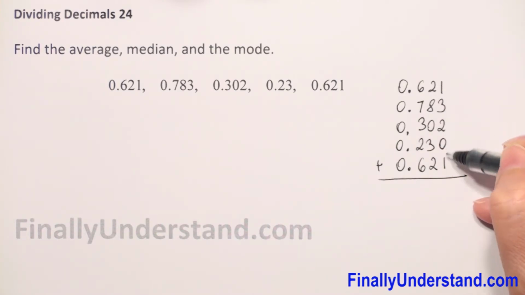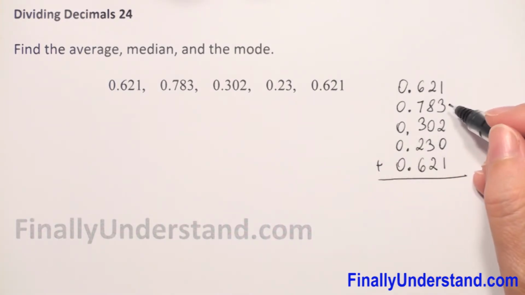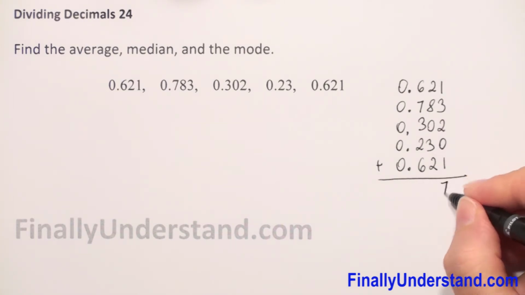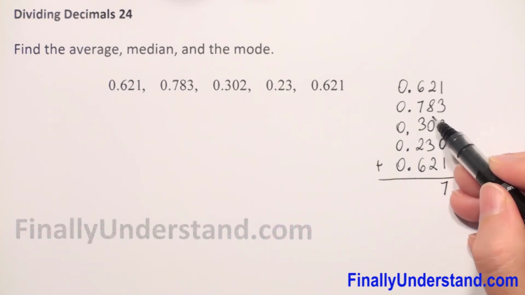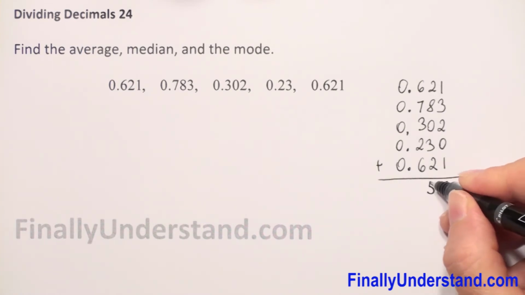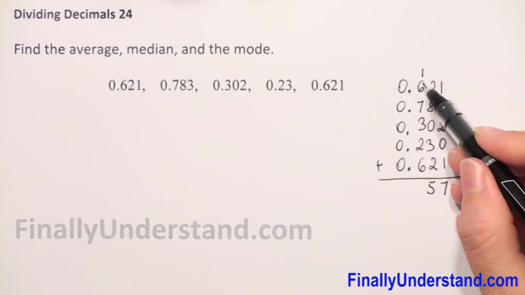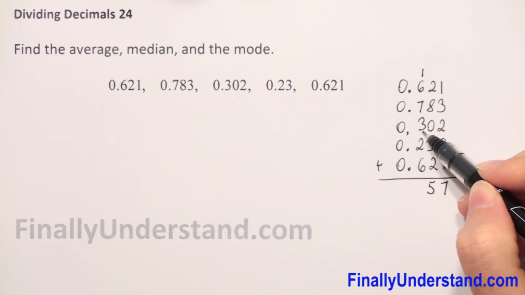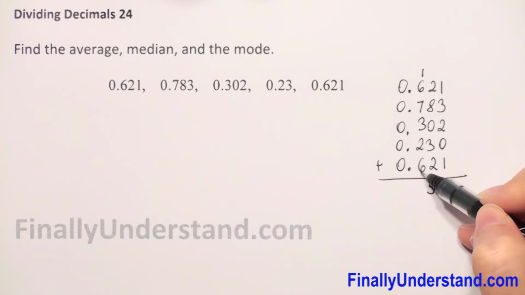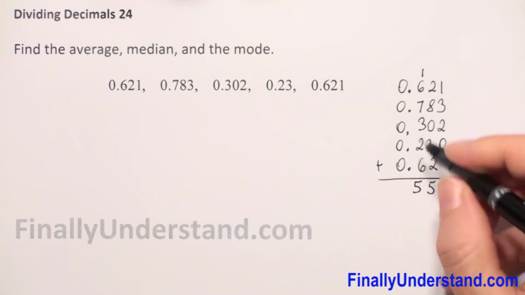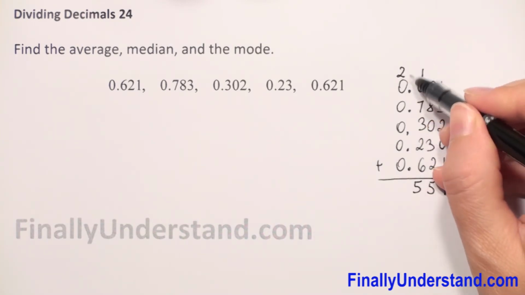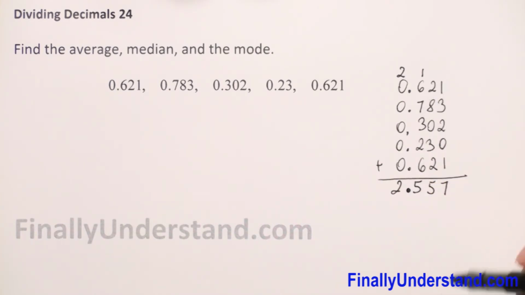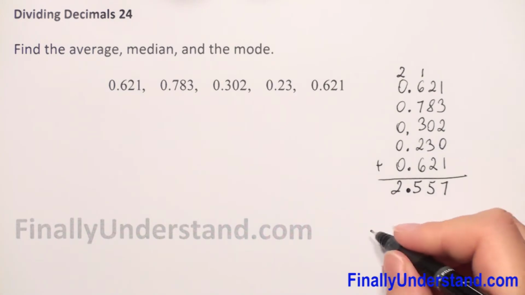So we start from the last column and go to the left. 1 plus 3 plus 2 is 6, plus 1 is 7. 2 plus 8 is 10, plus 5 is 15. So we have 5, and we add 1 to the next column. So it will be 7 plus 7 is 14, plus 3 is 17, plus 2 is 19, plus 6 is 25. So we have 5, and we add 2 to the next column, so it will be 2. And the decimal point we copy exactly in the same column. We find the sum, so now